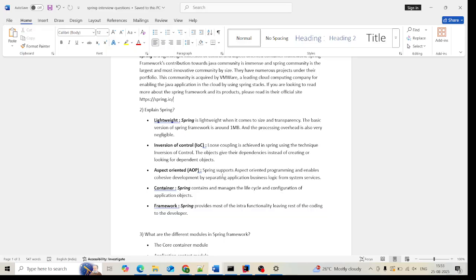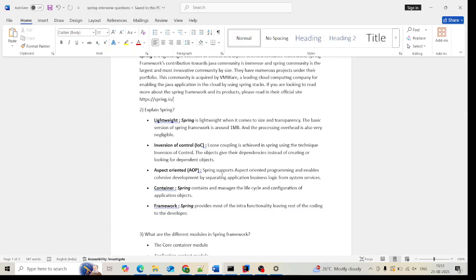So what is this container? Spring has containers which handle lifecycle and configuration management. For every bean in Spring there is a life cycle, which we will discuss later on. The container is where every feature or module is provided, and as a developer you just have to develop the application using those modules. It's like going to a very good kitchen where everything is available; all you need to do is know how to use the kitchen, right?